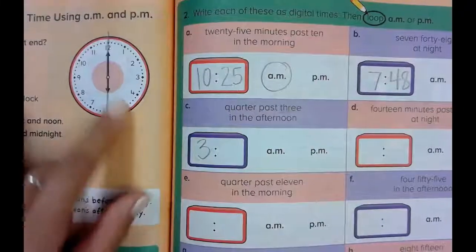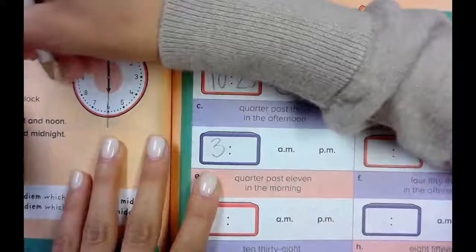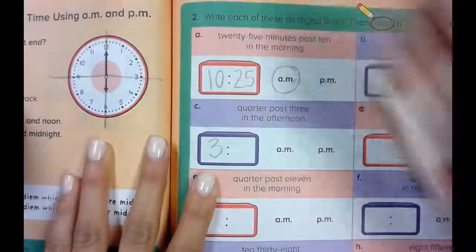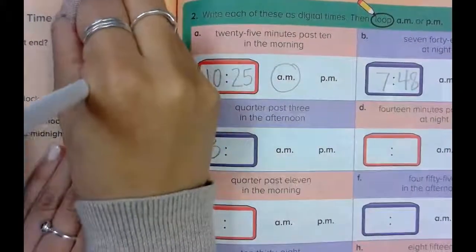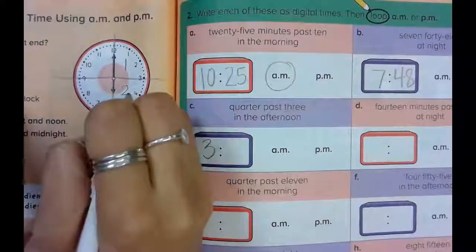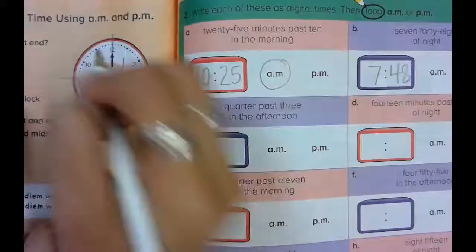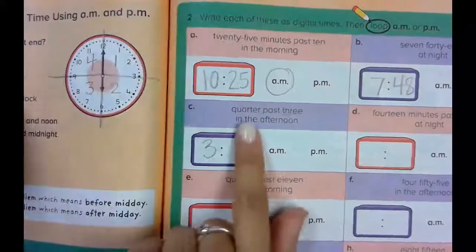I'm going to divide it in half vertically first from 12 to 6. Then I'm going to divide it horizontally from 9 to 3. Now, my first quarter is going to be here. My second quarter is going to be underneath. My third quarter, my fourth quarter. So my first quarter is here. If I know it's 3:15 in the afternoon,